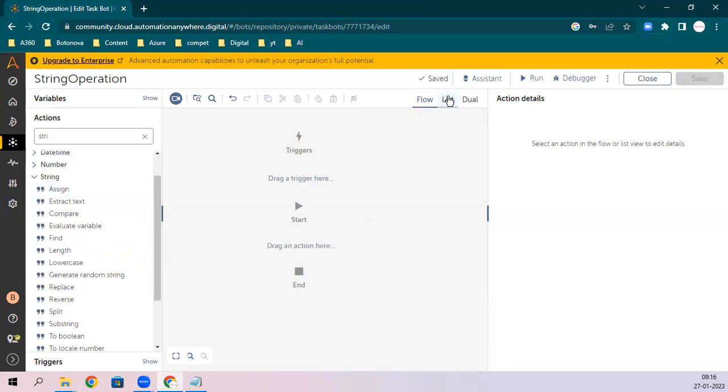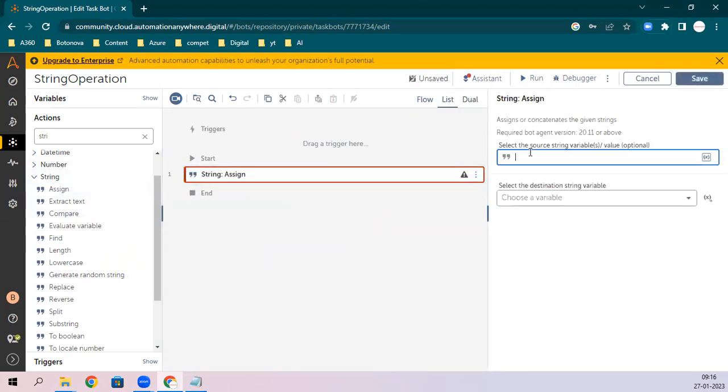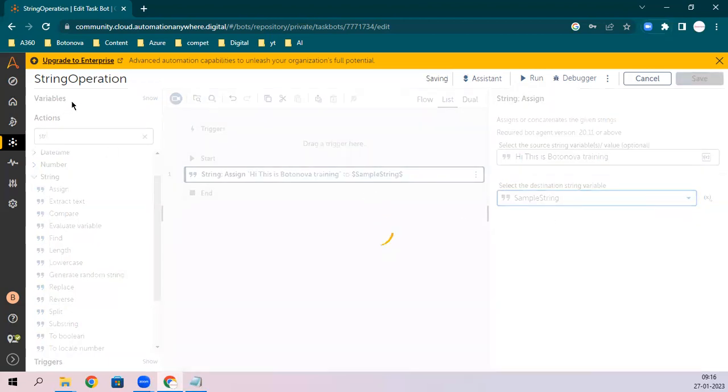It is an assignment, so first I need to assign some value, a sample string.